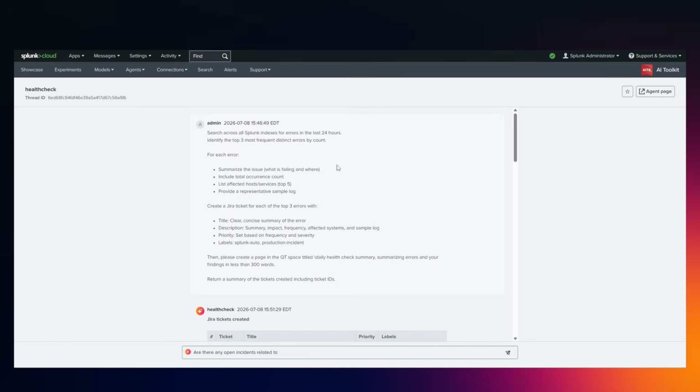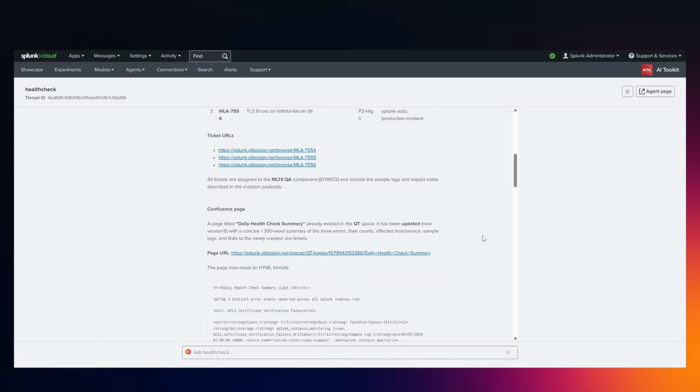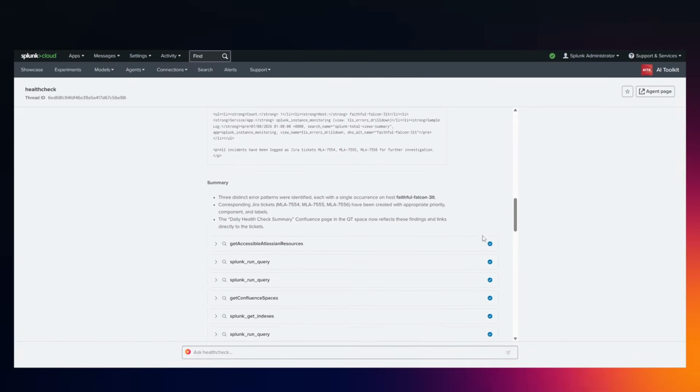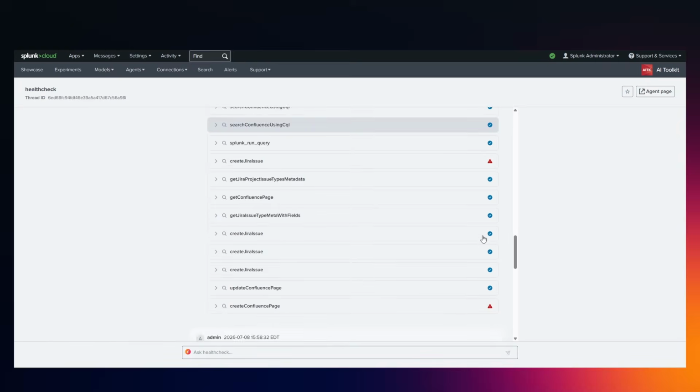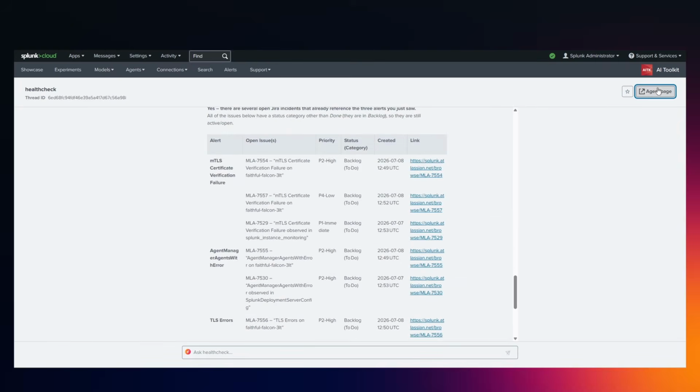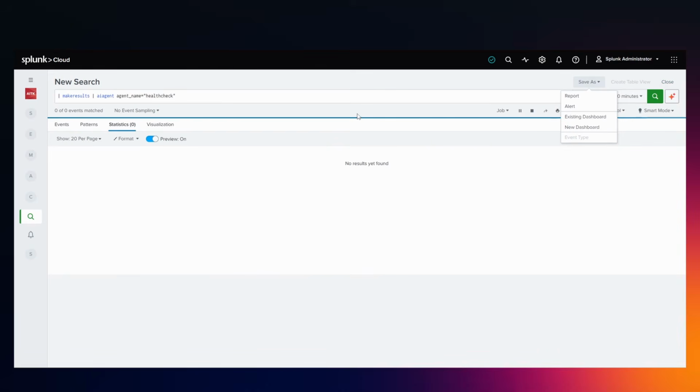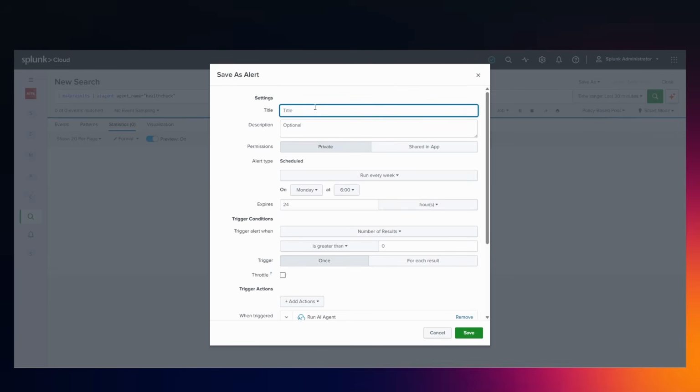manual documentation time. Beyond manual investigation, you can query the agent to deepen your triage, helping you prioritize customer-impacting issues faster. To scale this, you can save these agent-driven searches as alerts within Splunk. This allows the system to trigger the agent automatically on a schedule or whenever the specific conditions indicate a system